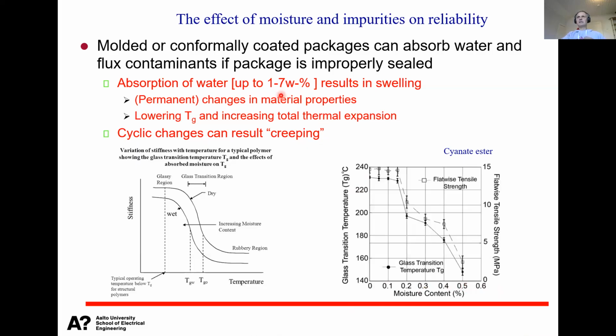Even some references state that some organic materials used in electronics can absorb up to 7–8%. Typically, we are talking about a few percent. Epoxies and polyamides, which are the typical ones, absorb a few percent of water in weight